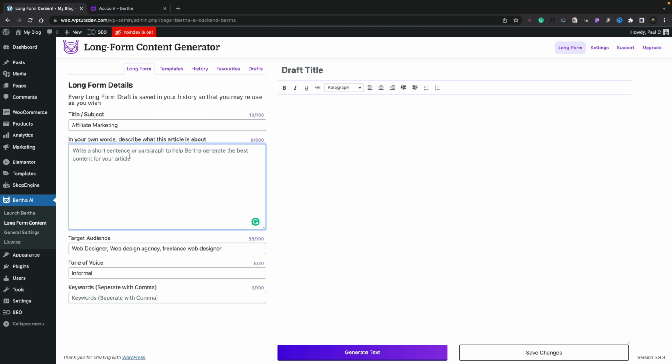We'll go ahead, add some kind of description, something simple. We'll leave the target audience, the tone of voice we'll set to be, let's go for witty. And then we can drop in keywords and we just separate these by a comma. So we'll say affiliate marketing. There we go, we dropped in a couple of keywords. So what we can do now is we can go ahead and we can just click on the generate text. Now, as we saw before, this will then go ahead, start generating text based upon what you've inserted into that